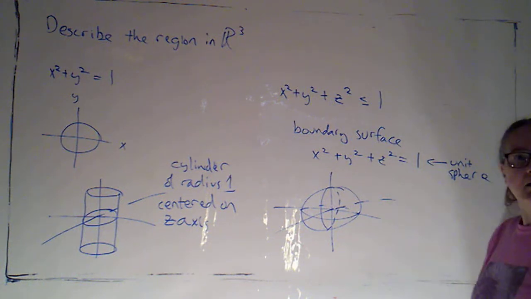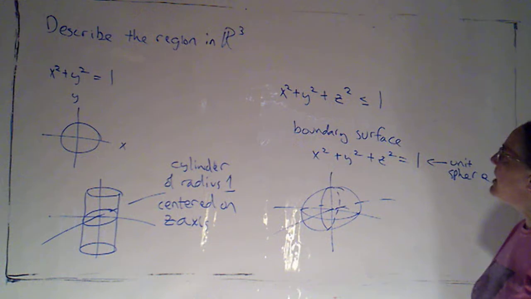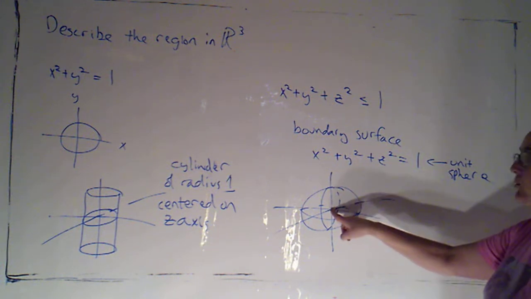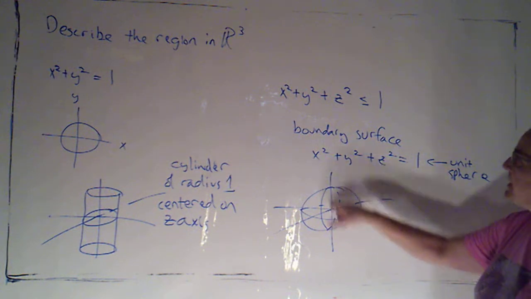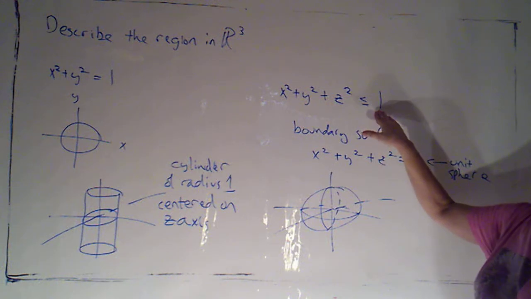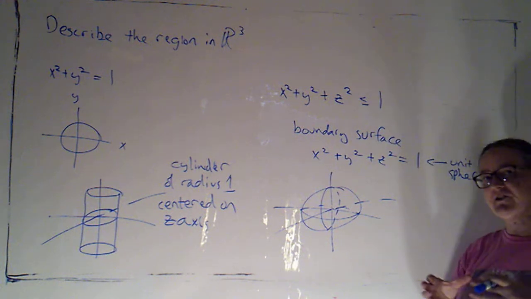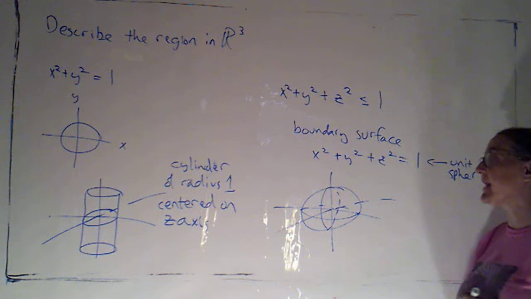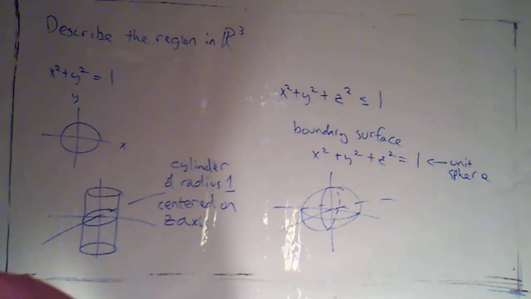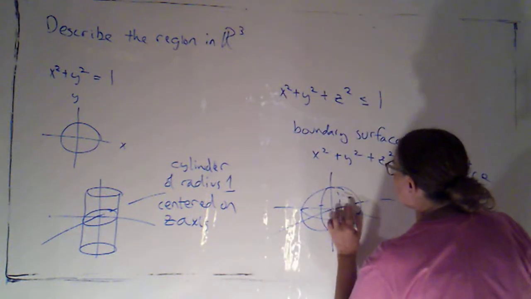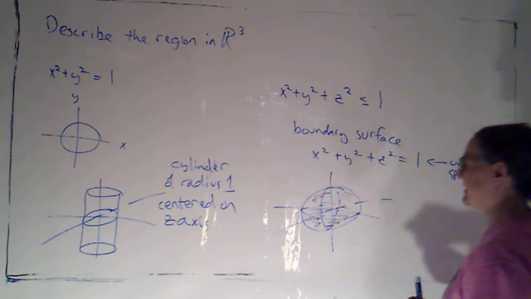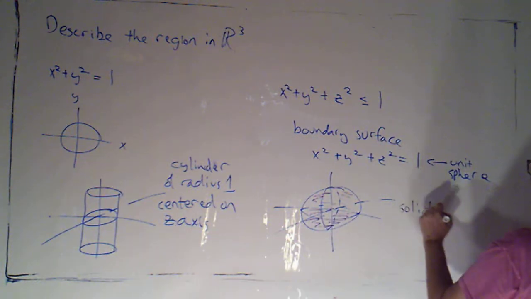Sometimes you can sort of recognize what side you're going to shade. Other times what you might want to do is just pick a test point. Pretty obviously the origin is on the inside of the sphere. If I plug in 0 for x, y, and z, that makes the inequality true. That tells me the origin is on the side of the boundary that I want to shade. So I'm going to actually shade using a different color so that I don't lose track of the boundary. This would be the solid unit sphere,